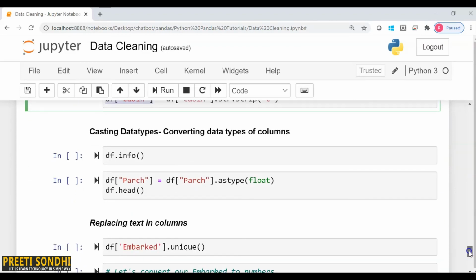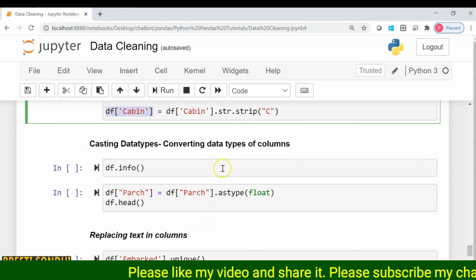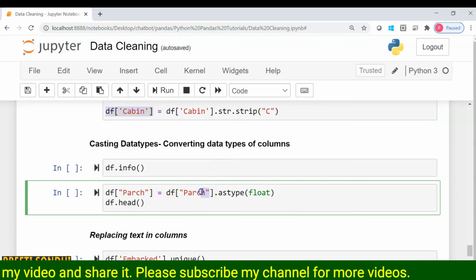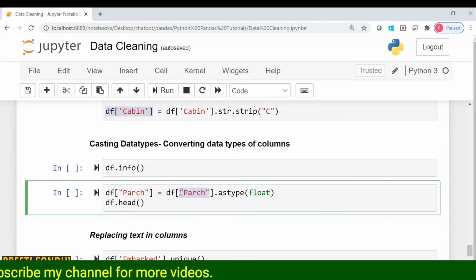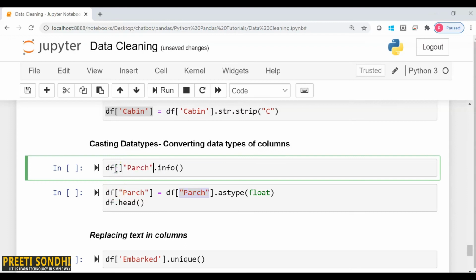Now let's come to casting data types, how we can convert one data type into another. Let's say I want to convert the Parch column data type. First of all, let me just check its type.